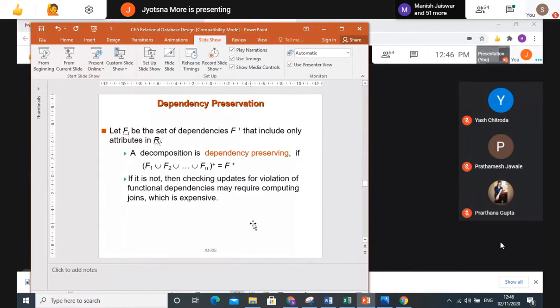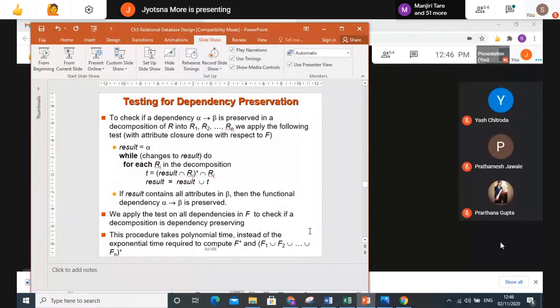You just have to go ahead with checking the decomposition you have done. Check whether you are getting every functional dependency or not. Whatever you are getting, add it. Same way the functional closure you are getting. So that is okay. That is not more important, but the solution is important.